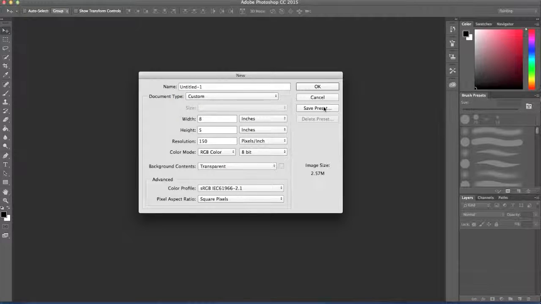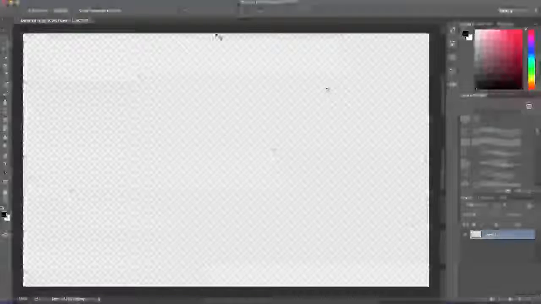If you're really happy with what you've got, you can save this as a preset. If you don't know if you're going to do that again, you just press OK. And here we are. Now, since mine is transparent, I have these little checker boxes. How exciting is that? Over here on the side,